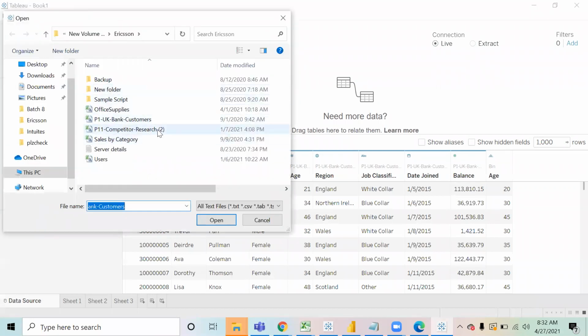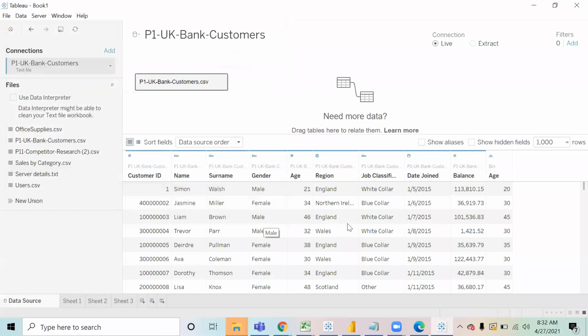That is why when I open this file, Tableau goes and hits this path and loads the data from this file. But if I share this file with you, it might happen that you also have this file with you, but at some other location. So Tableau will not get to know that, and it will give you an error that it is not able to load the data. As a result, the charts will not get loaded, and you will get an error in that case.